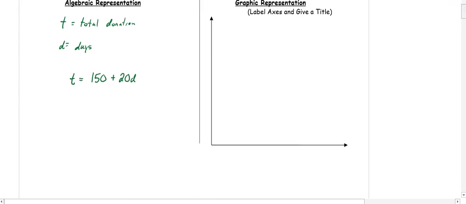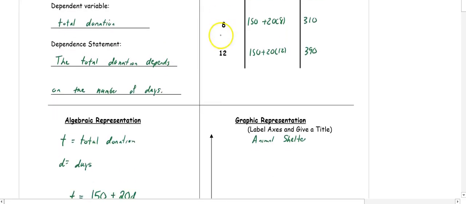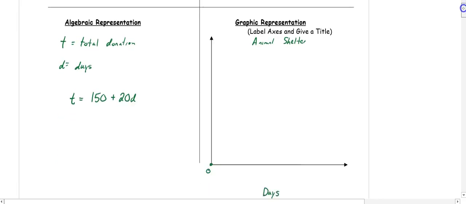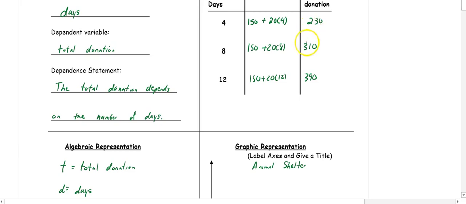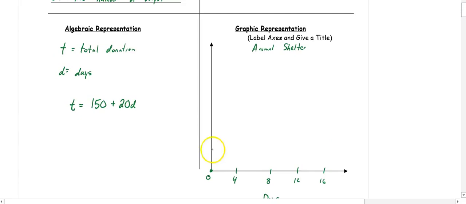So in our graph, the title we're going to say then would be Animal Shelter. Remember that this corner is 0. So on the x-axis, we're going to have days. And if we look at our table, this time they're all counting by the same thing, 4, 8, 12. They're going up by 4, so I can just go up by 4s on my graph. So we have 4, 8, 12, 16. Then if I look at my money, I'm in 230, 310, and 390. So I'm going to count up for my donation, my total donations